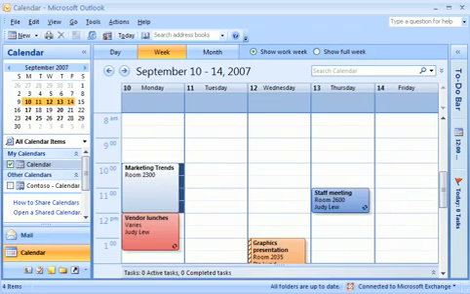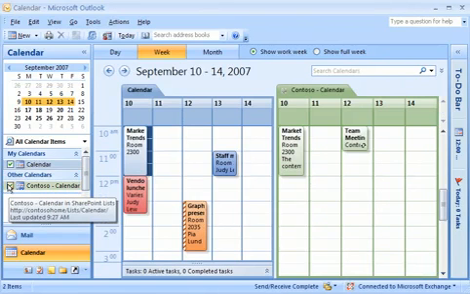When I want to view the SharePoint calendar, I don't have to create the link to Outlook again. Here in the Calendar View navigation pane, the SharePoint calendar is always listed under Other Calendars. When I select the checkbox, there's the calendar. And if I ever decide that I no longer need access to the SharePoint calendar, I can remove the connection